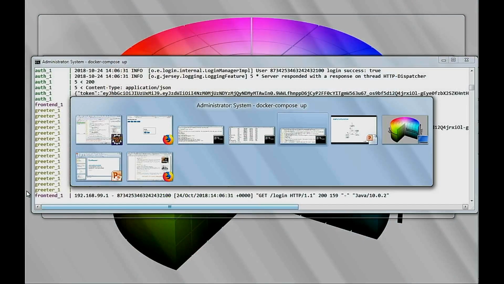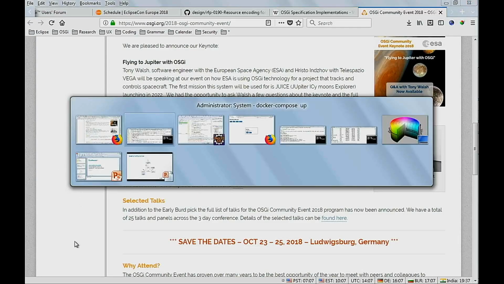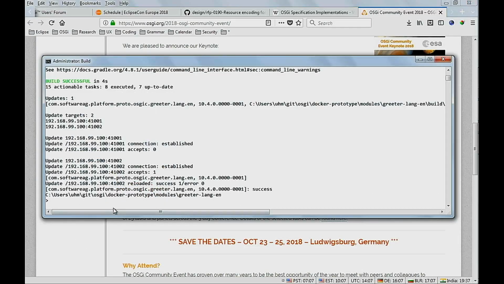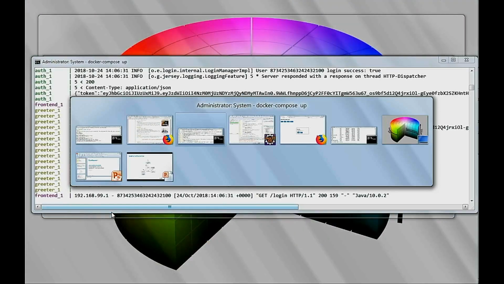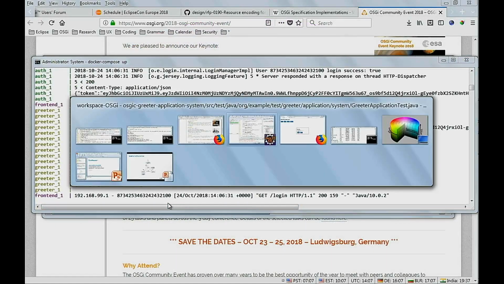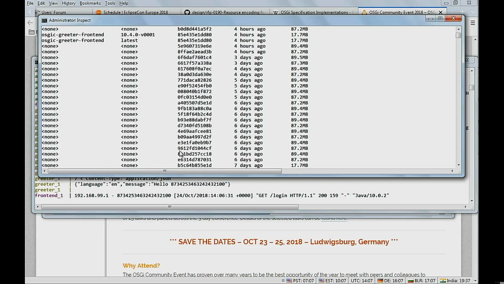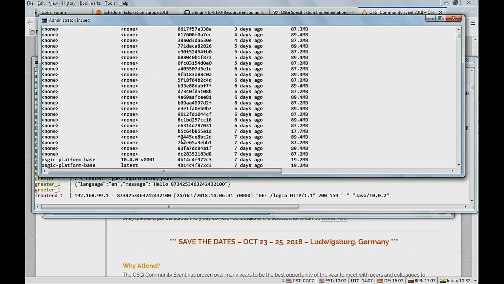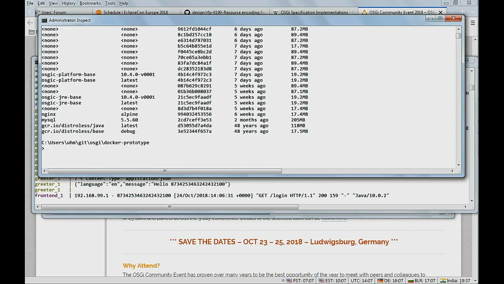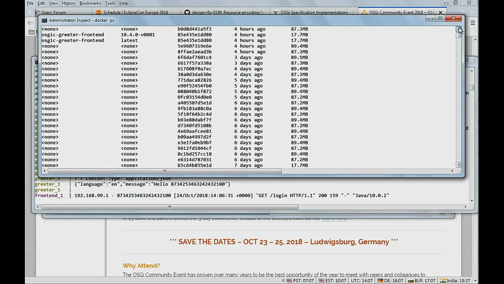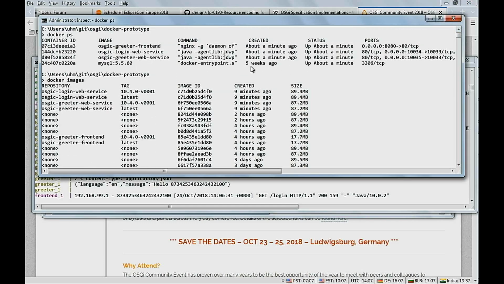Another thing I can do is attach to the container. So let's see, where did we have the listing of the containers? I think here we have it. So here we have quite a few images. But let's look at the list of actual containers. I don't know why it's taking so long to come back. That's strange, but there you go.